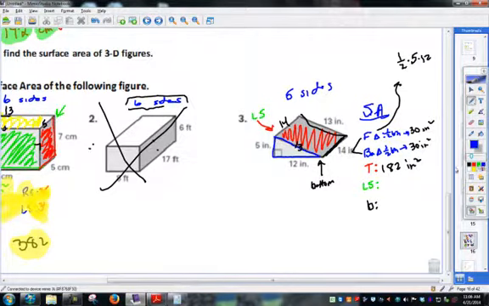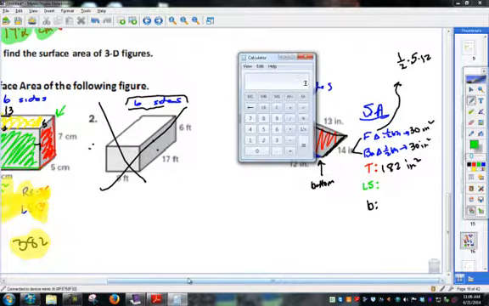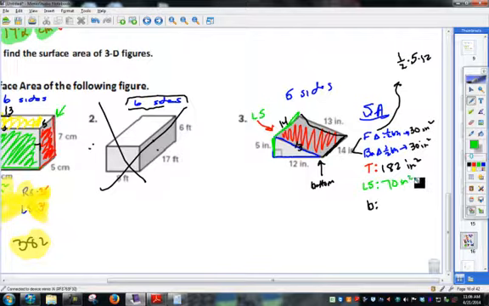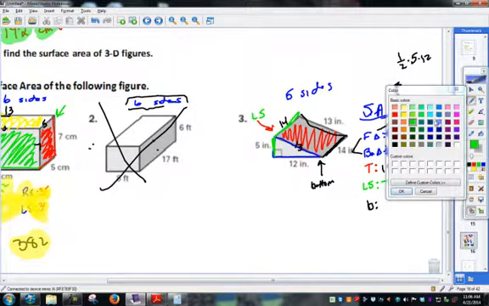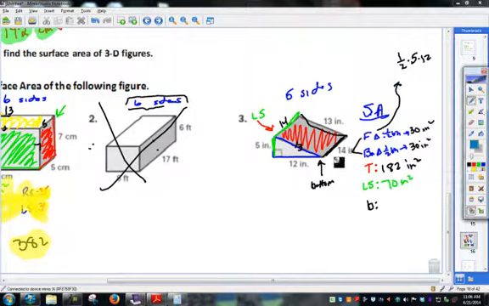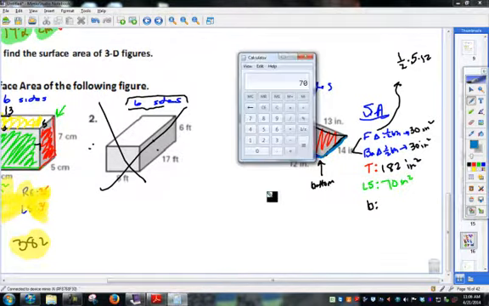Now the left side, over here, I know that this would be one side of the left side, and then that would be the height. So the base and the height would be 14 times 5. So 14 times 5 gives me 70 inches squared. And then the bottom, which I will show in this blue right here, would be this dimension by this dimension, 12 by 14,